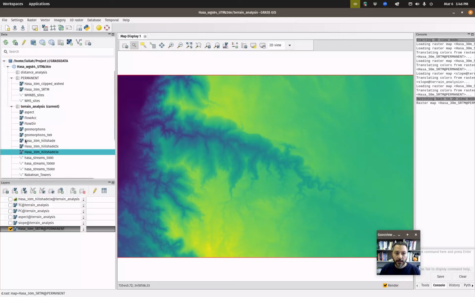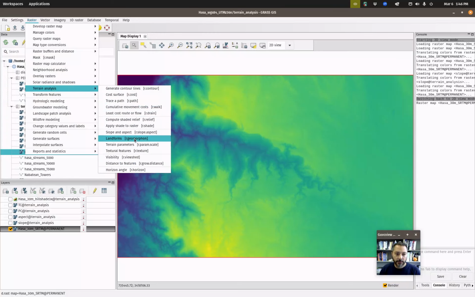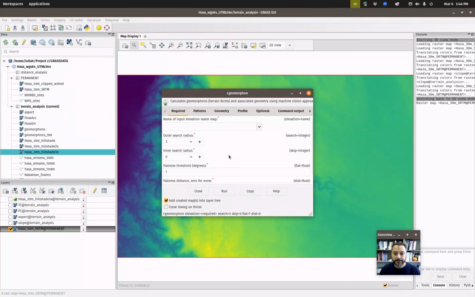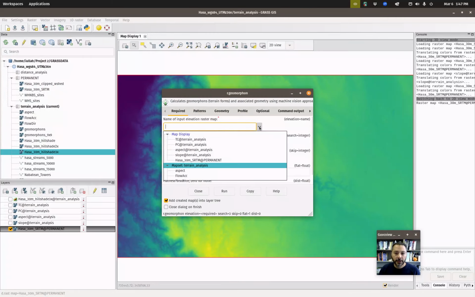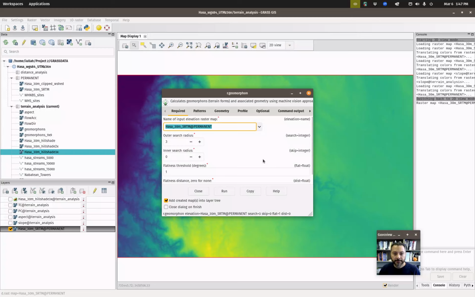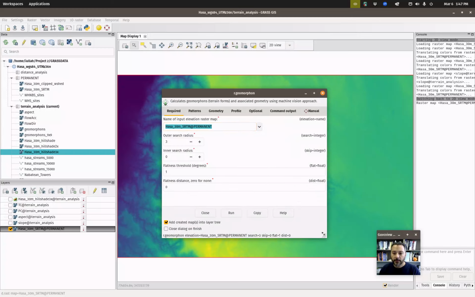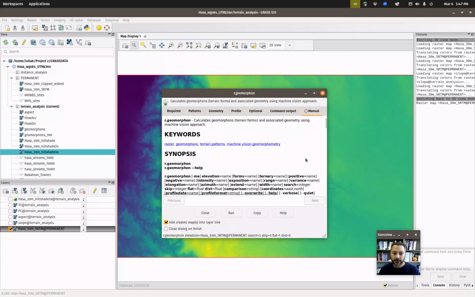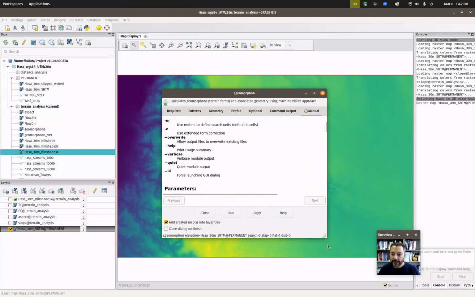Alright, so we did our initial slope aspect. We got the slope, the aspect, the profile curvature, the tangential curvature. Let's get our landforms map. We'll go back to our terrain analysis, and we'll go to landforms, our geomorphon. Here again, we are going to input the SRTM, and you can read the manual for this a little bit if you really want to know how